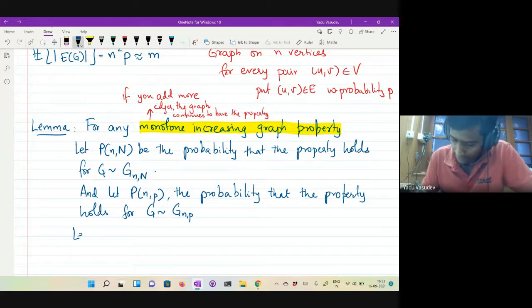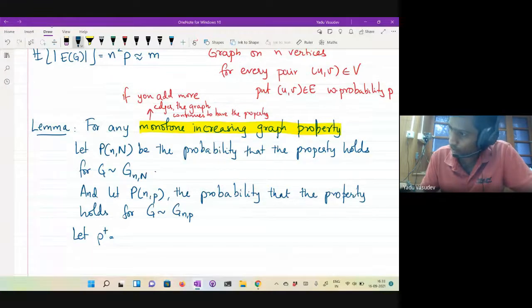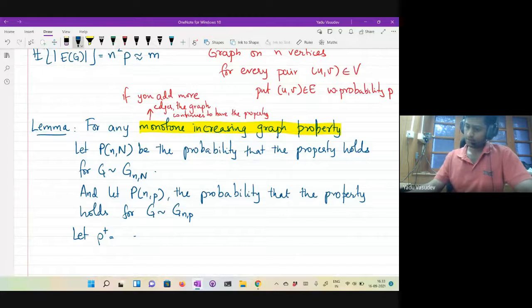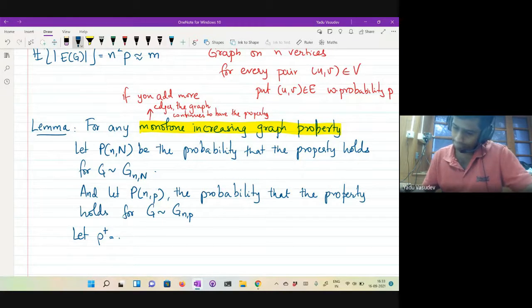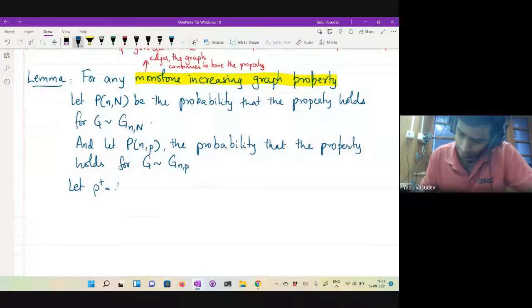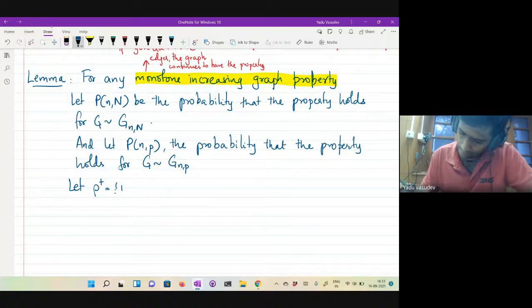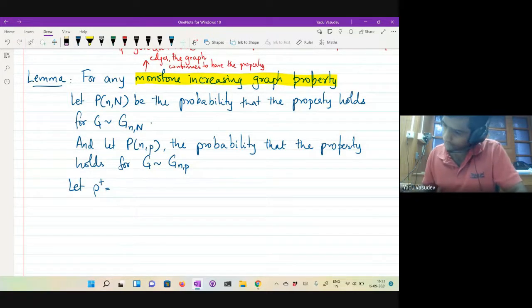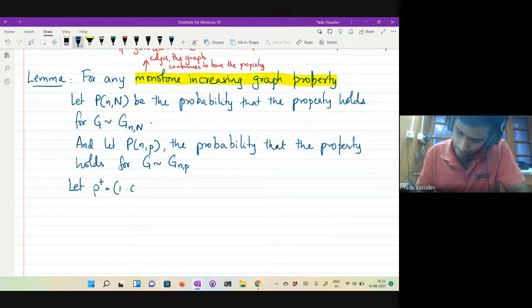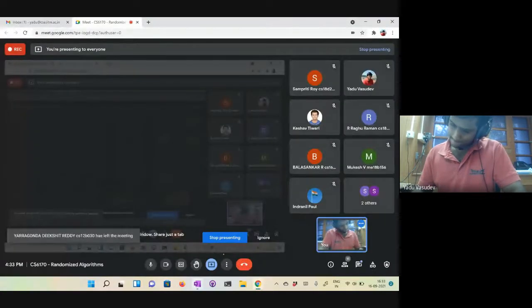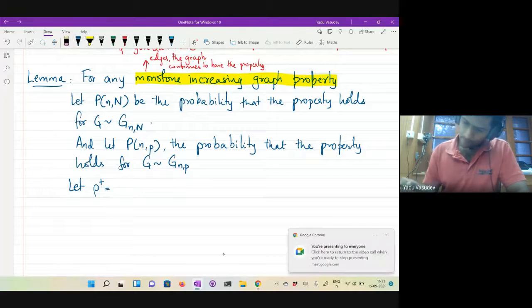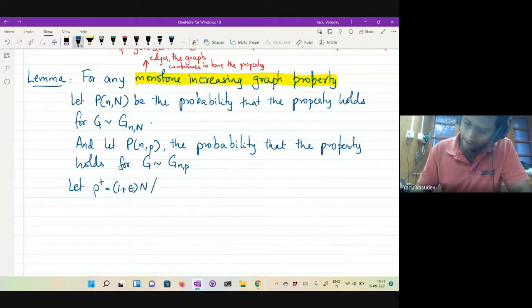Okay. So if you let p plus equal to (1 plus epsilon) n divided by n choose 2.